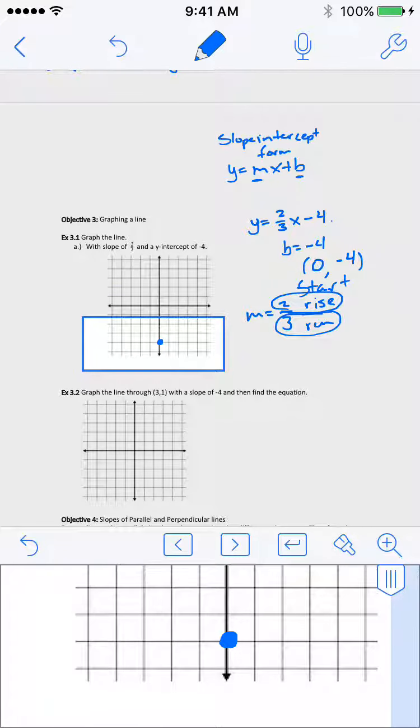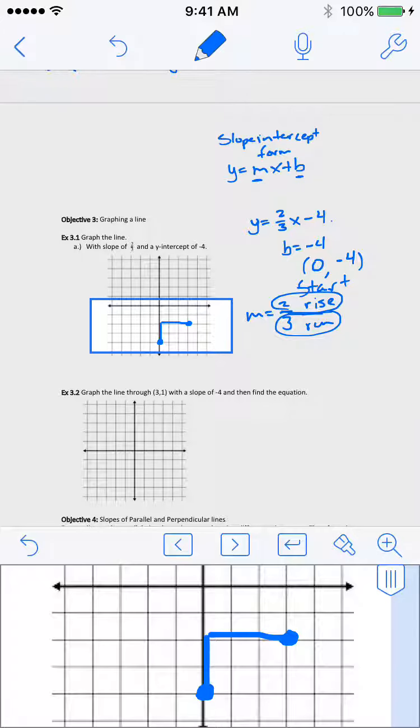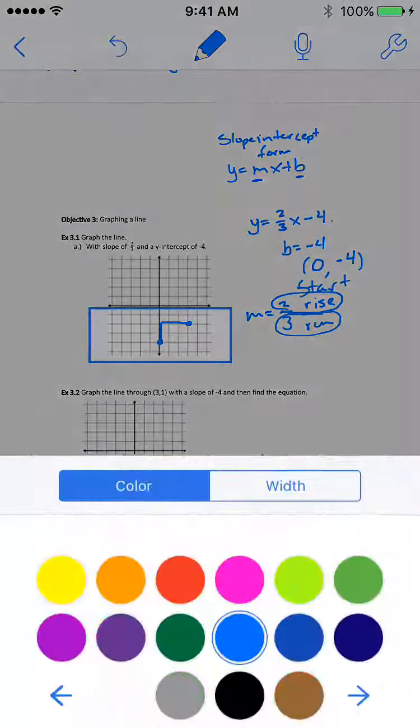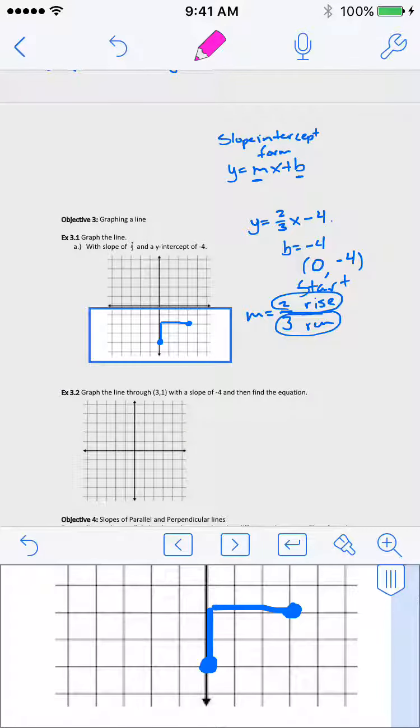We want to start from our y-intercept, and from there, let's rise 2 and run 3. So we'll go up 2 and out 3 to get our second point right here at 3, -2, right? And then any 2 points make a line, so we can just, my apologies, connect those two